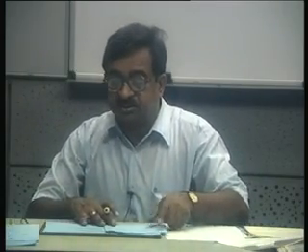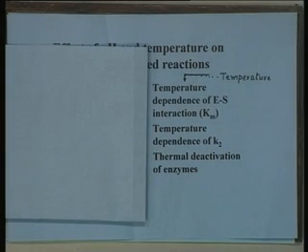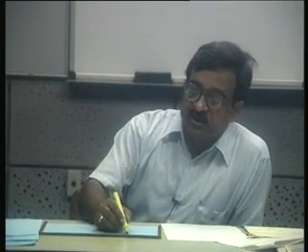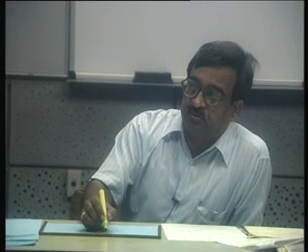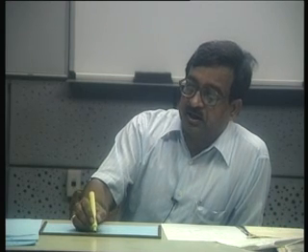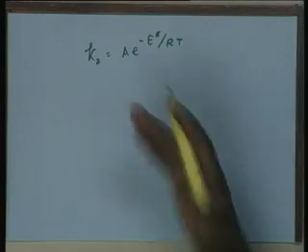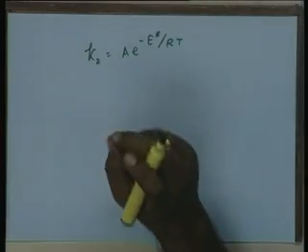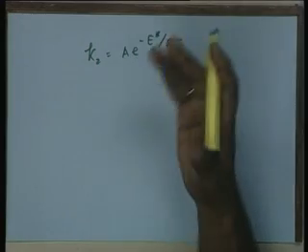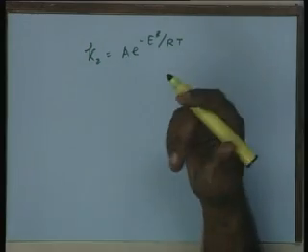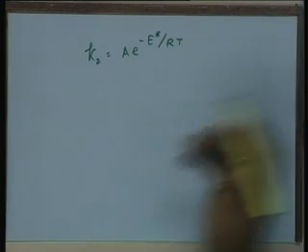The second effect of temperature in the case of enzyme catalyzed reaction is the dependence of K2, that is the turnover number, or the rate constant of the irreversible step of the conversion of ES into P, and that classically follows an Arrhenius kind of pattern, that is K2 is equal to A e to the power minus E star upon RT. We have seen this analysis even while we discussed in our initial lectures on catalysis, that means the catalytic pattern of the enzymes as a catalyst, and one can again analyze in the same manner.